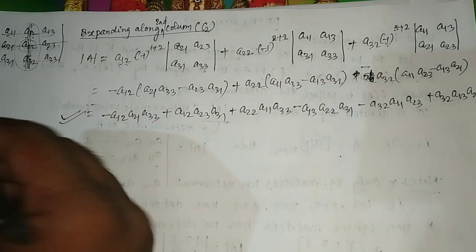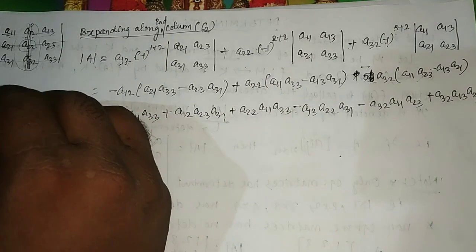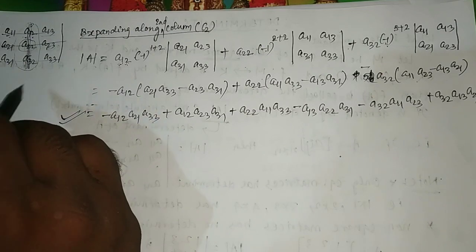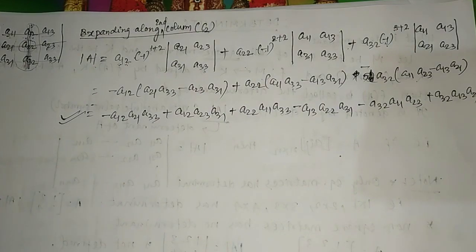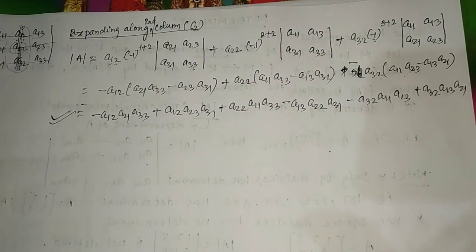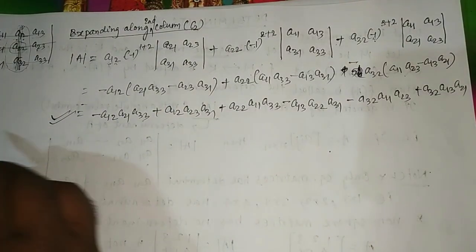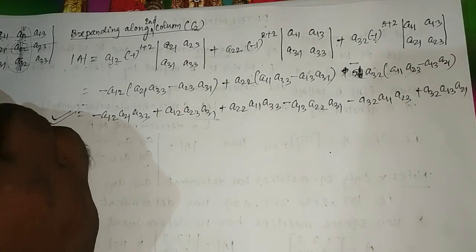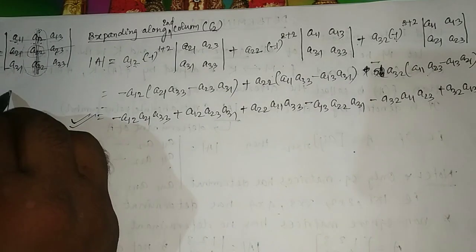That means, if we expand the determinant in all the 6 ways, then we get the same value. We get the same value of the determinant, because a particular determinant is associated with a particular number. Look here, for finding the expansion of a 3 cross 3 determinant, just remember this sign convention.